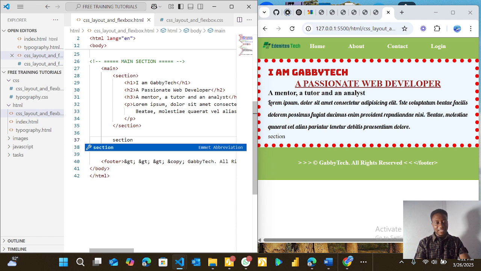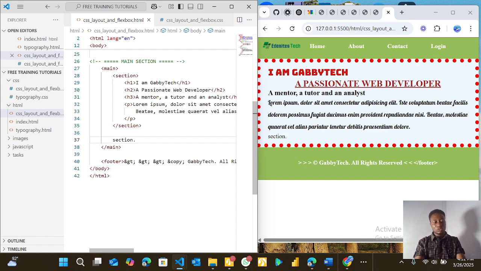I'm going to give it a class. Now, class is classification so that I'm not having two sections. When I want to call a particular section, I'm calling it with a class. So the shortcut for this is section.class. All right, section dot the name of the class you want to give it. So section dot about. It will take the class